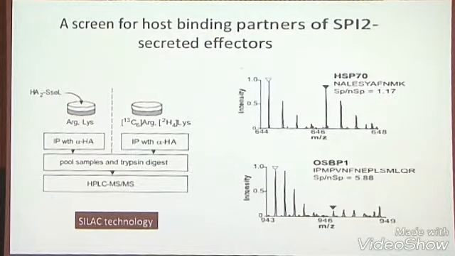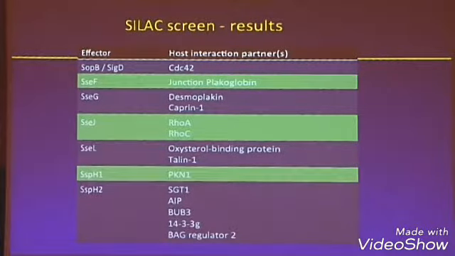Siggy and Amit were doing this, and the bottom line is we did this on pretty much all the SPI-2 effectors. The idea was to find binding partners for them. I'm not going to go through all of them, but the studies have just come out where, first of all, we confirmed what all the known SPI-2 effectors bind to in mammalian cells, for the ones that were known. That was good; it means the technology works. Plus, we found some new ones, and you can see some of them listed here. It was a bit disappointing because for many we couldn't identify binding partners. But for the ones where we did find partners, we seem to be able to confirm them, and they seem to be real. So we're happy with that.